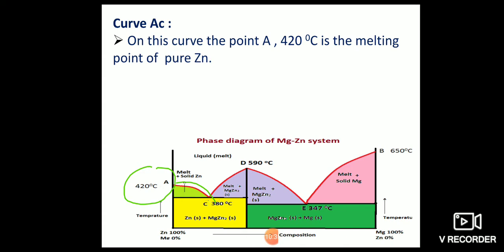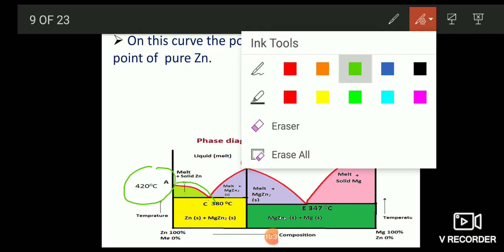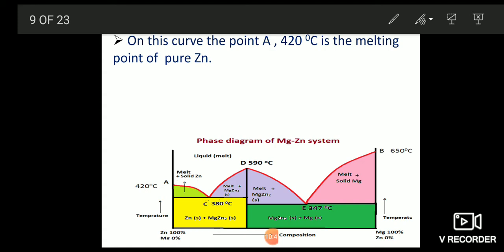Now along curve AC, what is happening to the temperature? At A, the temperature is 420. At a point here, the temperature is a little lower. At a point here, the temperature is a little lower. At point C, 380, it is lower than 420. That is,